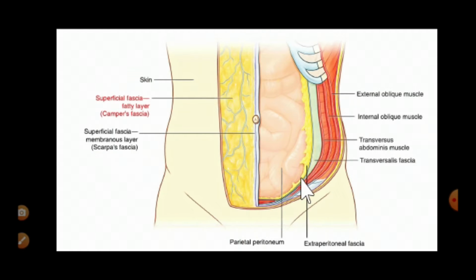Now this is again the anterior abdominal wall. We can see the cut edges of the muscles of the anterior abdominal wall. Here we have the cut edge of the external oblique, the cut edge of the internal oblique muscle, the cut edge of the transversus abdominis, and deep to that this greenish layer that you see, that's the fascia transversalis. And deep to this fascia transversalis we have the extraperitoneal fat and then peritoneum, the parietal peritoneum, and deeper to this parietal peritoneum we can see the loops of the intestine lying in the peritoneal cavity.